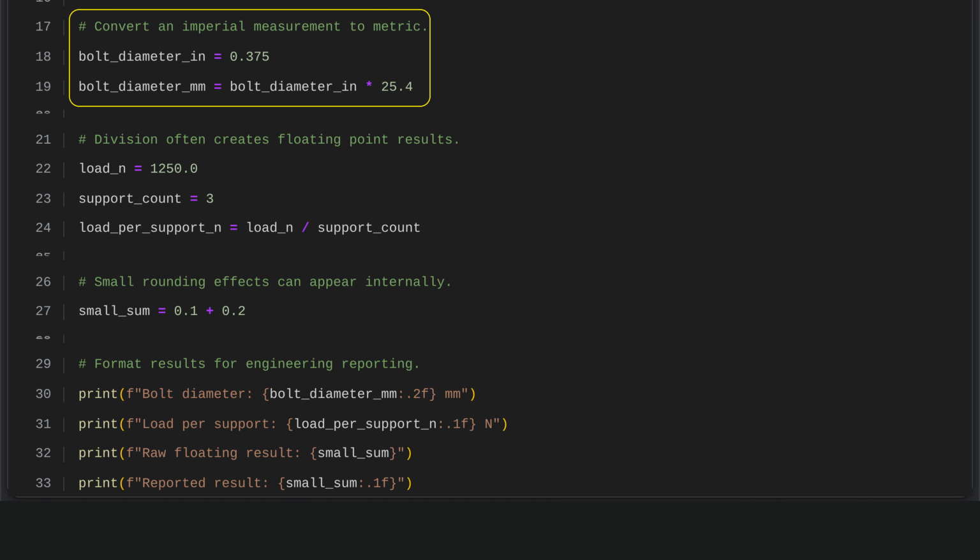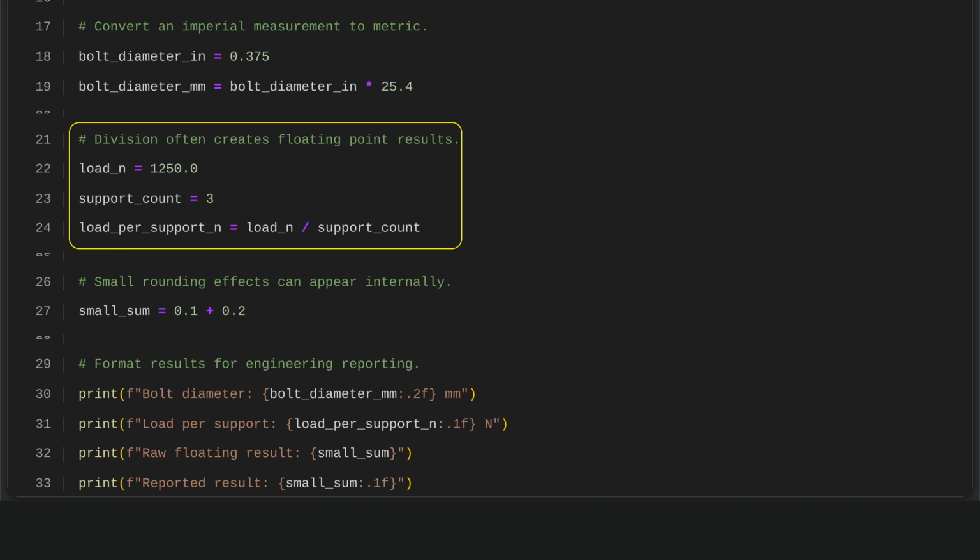A bolt diameter is first set to 0.375 inches, then converted to millimeters by multiplying by 25.4. The result gives the same bolt size in metric units. A total load of 1,250 newtons is shared equally among 3 supports. Dividing the load by the number of supports gives the load carried by each support, with a precise floating point